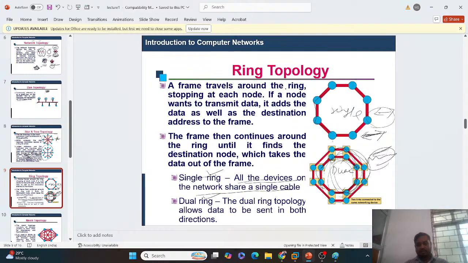So a frame travels around the ring, stopping at each node. ओके, तो जैसे कि ये डेटा ट्रैवल करता है, एक नोड में रुक गया, फिर दूसरे नोड में जाएगा, वहाँ पे रुकेगा, फिर यहाँ पे आएगा, तो ऐसे करके वो डेटा ट्रैवल करता है। ओके, so if a node wants to transmit data, it adds the data as well as the destination address to the frame।